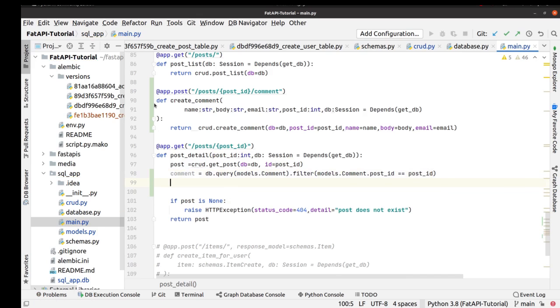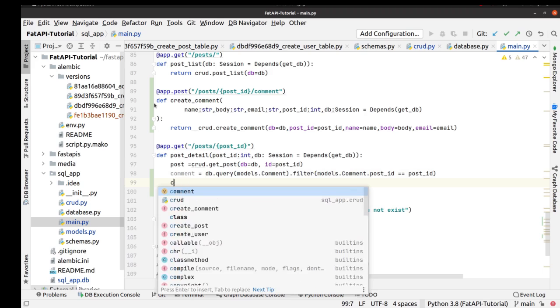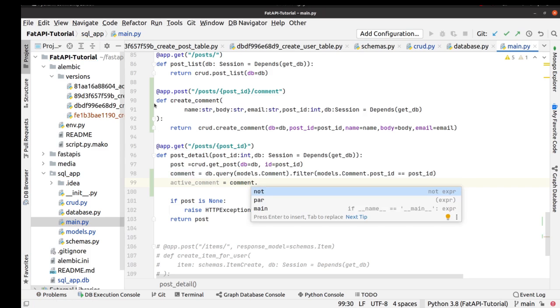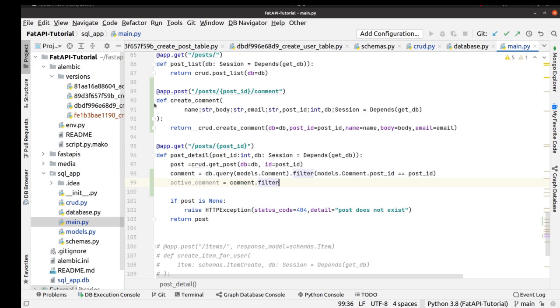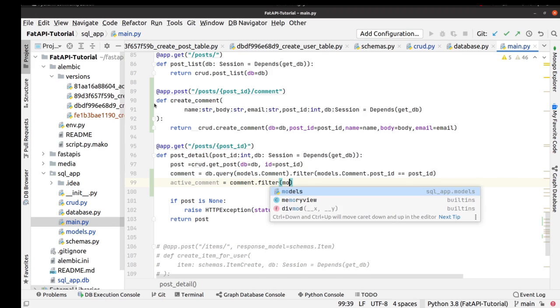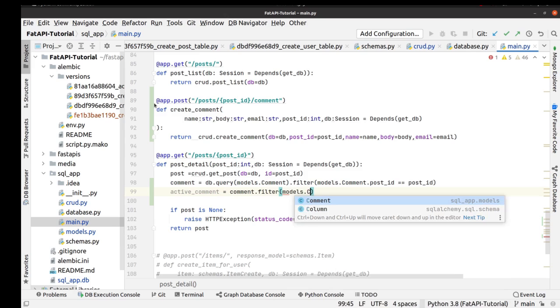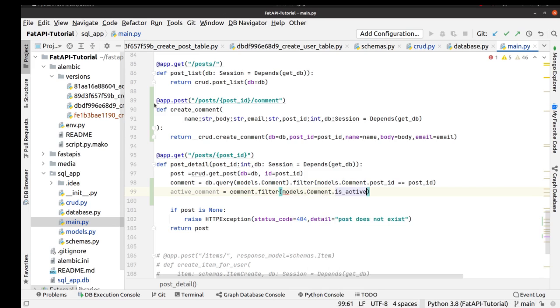Okay, then we get only active comments from database. That is equal to comment that filter models dot comment dot is active equals to true. Okay,